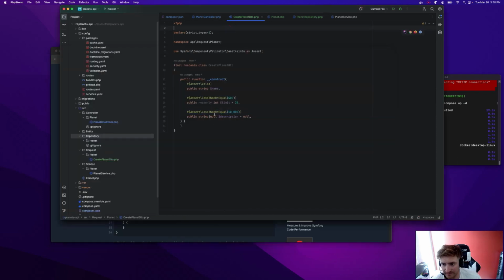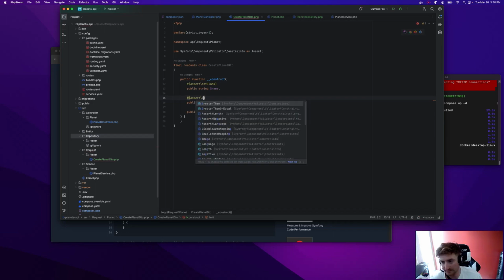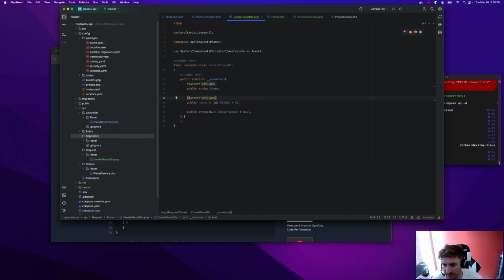So I'm going to leave that and see if it causes any issues. Name has to be not blank. This is our decimal, which I need also not blank, but